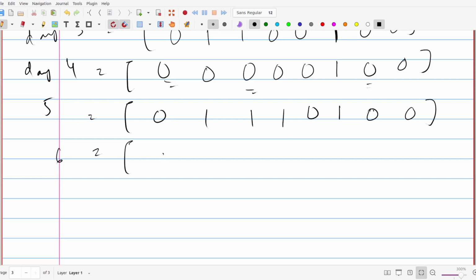Sixth one is 0, 0, 1, 0, 1, 1, 0, 0. Is 6 right? Yes. And the last one is the seventh one, which is going to be 0, 0, 1, 1,